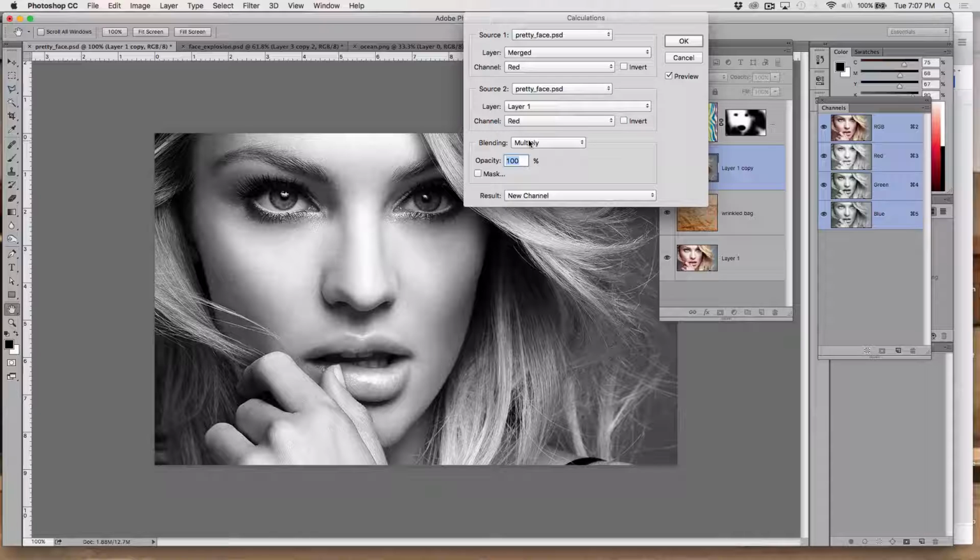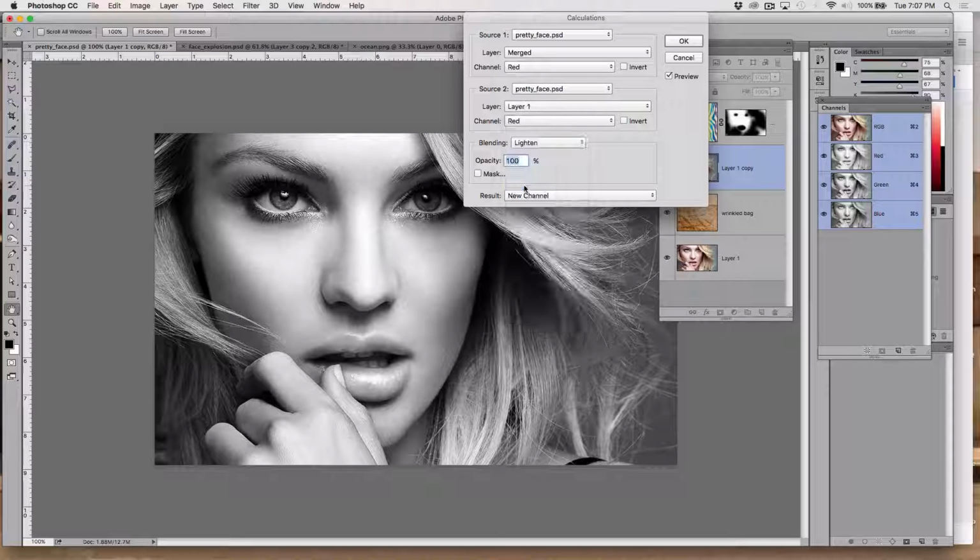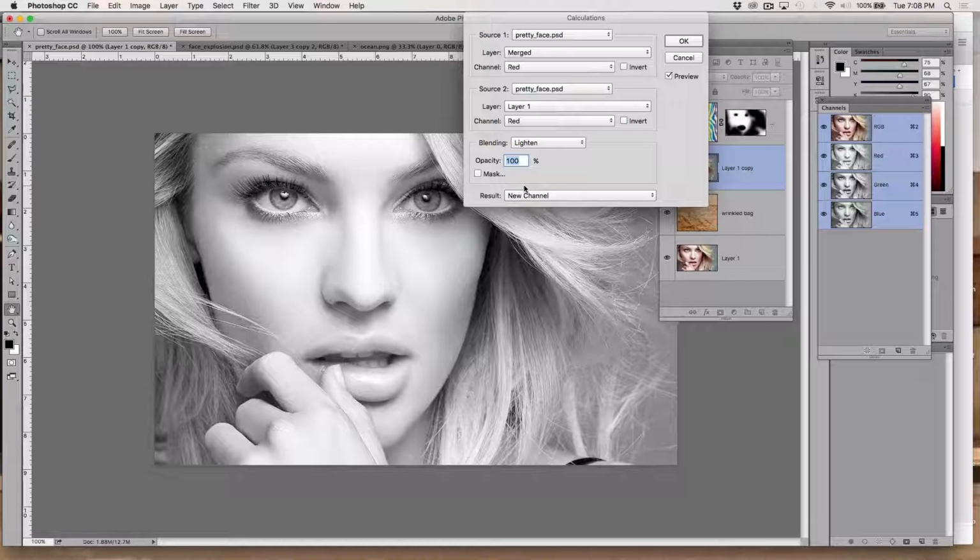Now this for sure is a way to create a very rich black and white image, similar to when you use the black and white adjustments tool. But the main difference between this method and the tool for black and white is you get more control. And once you understand what's happening here, we have the multiply mode multiplying two reds together, and I'm going to start getting a very infrared or red filter effect, similar to the normal red layer. Instead of using this to start knocking out my contents, I'm going to switch the bottom